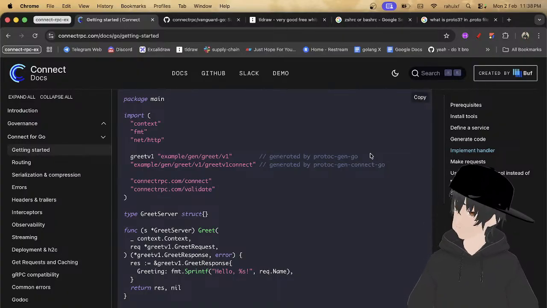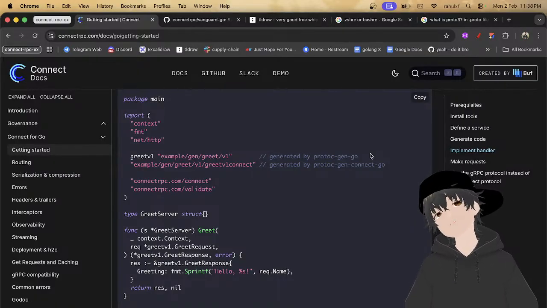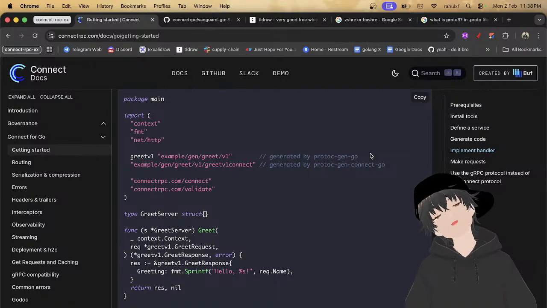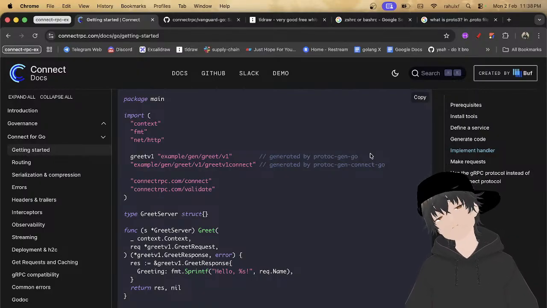You can use both of those. If you want to use the protoc-gen-go one, then you can use that one. If you want to use the v1 connect one, then you can use that one. There's no problem in it. If you are using the connect one, there are some slight or subtle changes while sending the response.